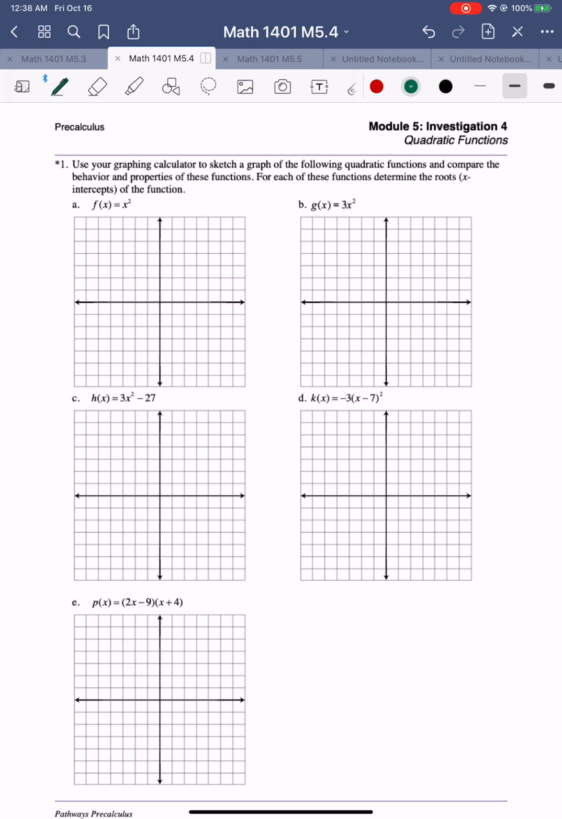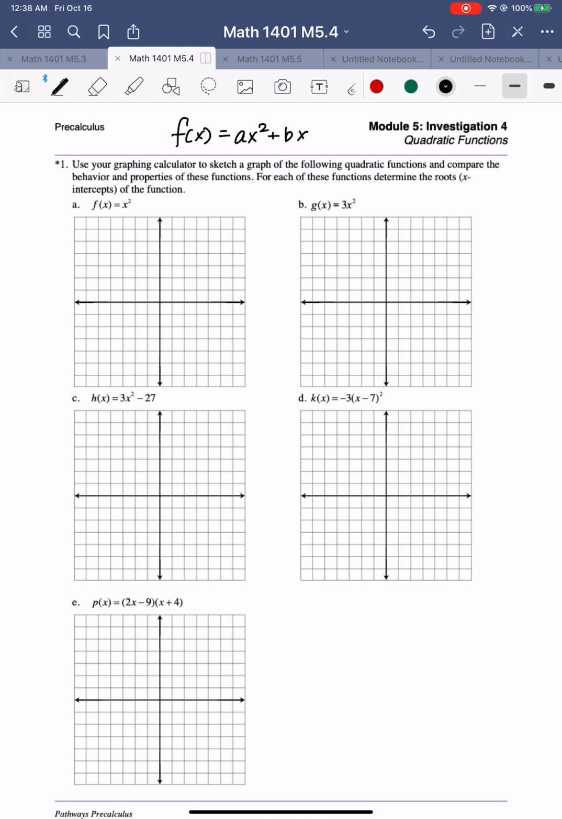Hello, this is Module 5 Investigation 4 about quadratic functions. We already graphed the quadratic function, which comes out as a parabola. The general form of a quadratic function is always ax squared plus